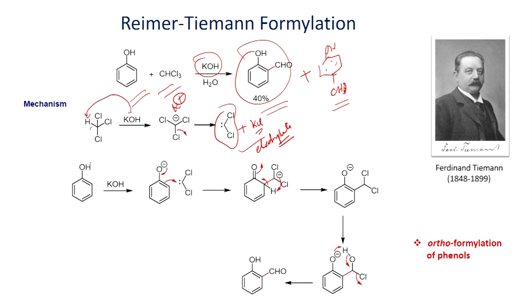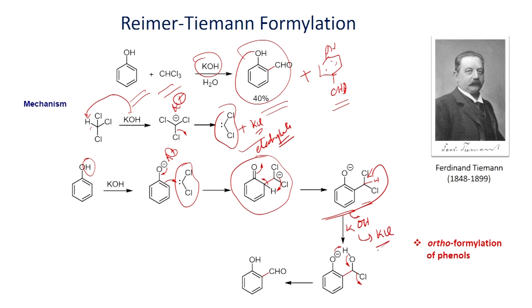So, in the presence of base, which can also deprotonate the acidic proton, you have the phenoxide, which can readily undergo reaction with this carbene, dichlorocarbene, and you will be able to have this intermediate. Once you have this one, this can convert into this compound. Then, when you react with potassium hydroxide in a substitution reaction, you will be able to have this intermediate. Once you have this one, this can remove this proton, then comes out, then you will be able to form this